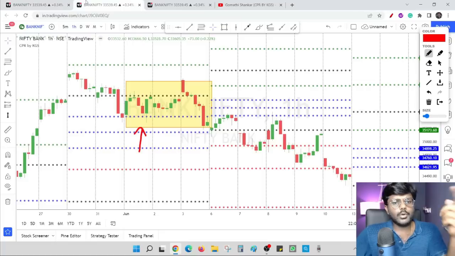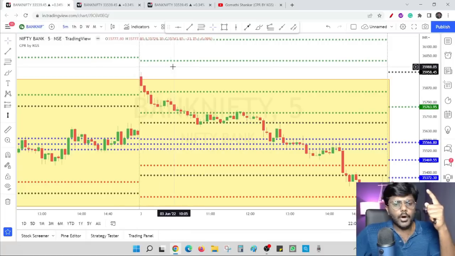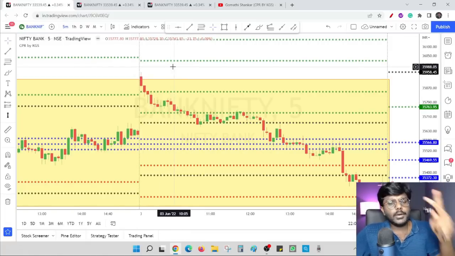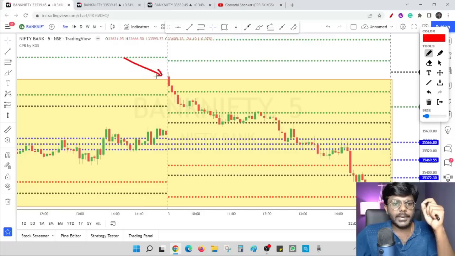On 3rd of June, you have to understand one important point. We experienced a huge gap up market. Now on 3rd of June, I will take a short position though the prices are above daily and weekly CPR and monthly CPR. The reason is the prices were opening above R2, but none of the candles sustained above R2. None of the candles were showing bullish strength.